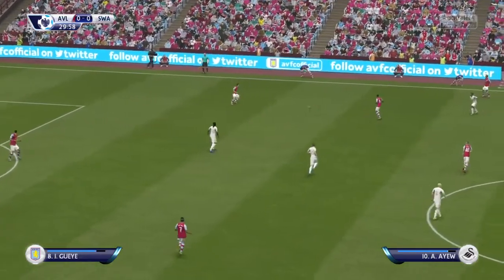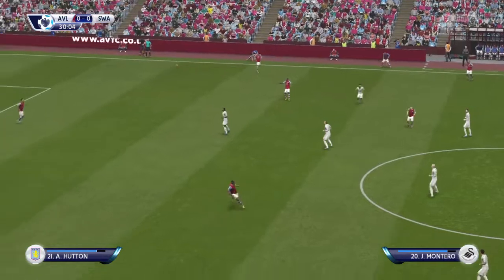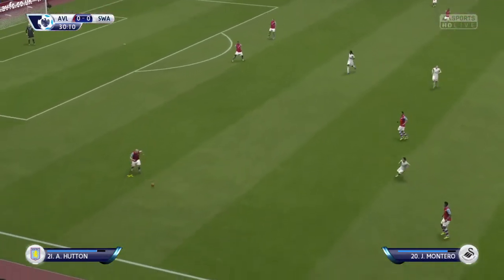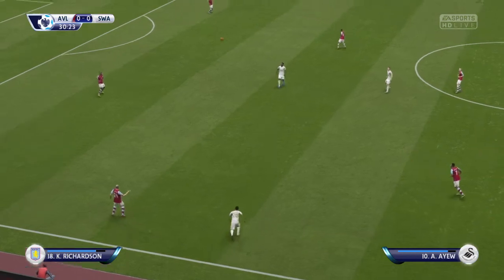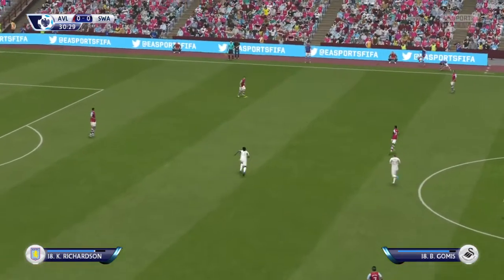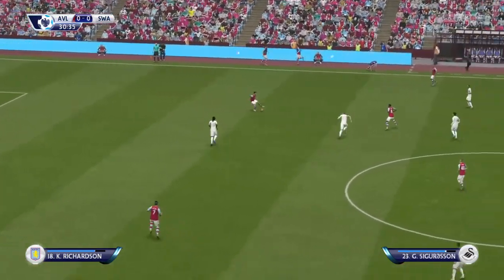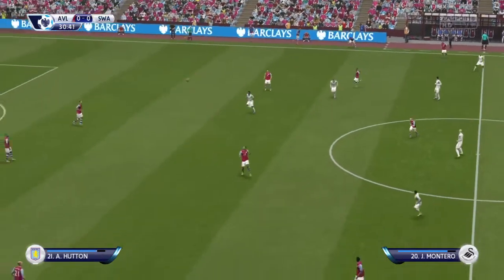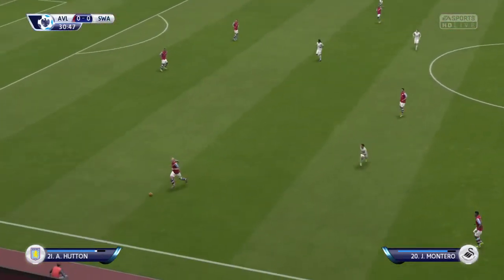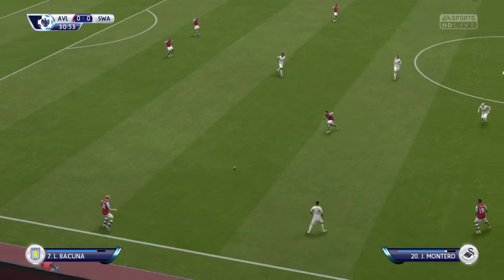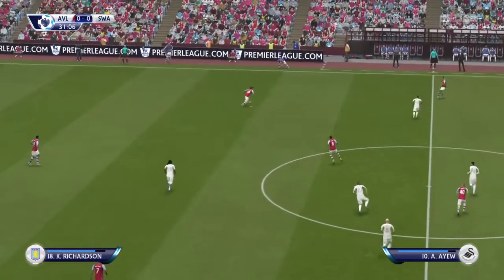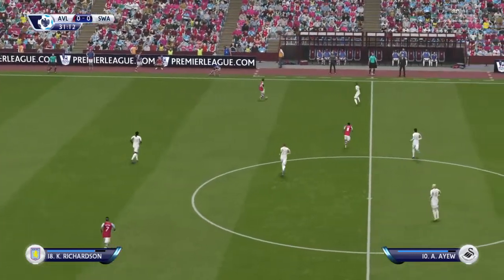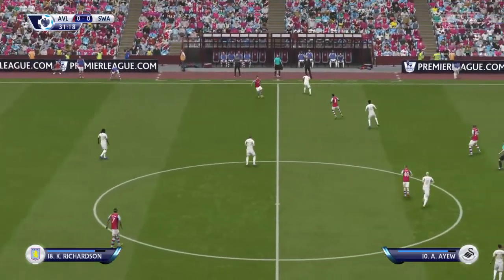Kieran Richardson has got possession here. That's across the field to try and switch the play. He spotted a teammate and he's got the technique as well as the vision to switch the play.